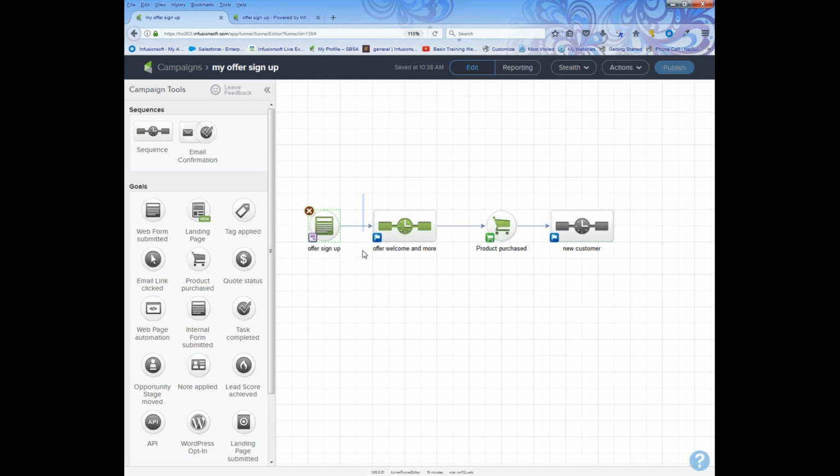Goal, sequence, goal, sequence. Well, Judy, I have 2 products. Awesome. If they click on product 1, they get put into this sequence. If they click on product 2, they get put into this sequence automatically. And this sequence will automatically stop when they reach this next goal. If you're not using Infusionsoft as the e-commerce platform, what you'll do is you'll add a tag here. And there are some like Shopify and BigCommerce that have an integration with Infusionsoft, so you don't have to worry